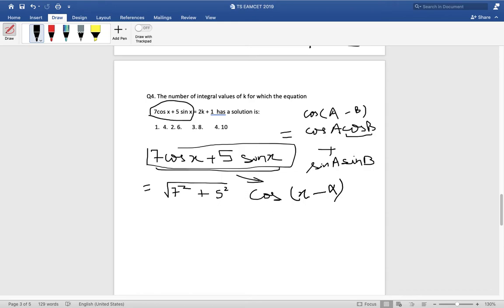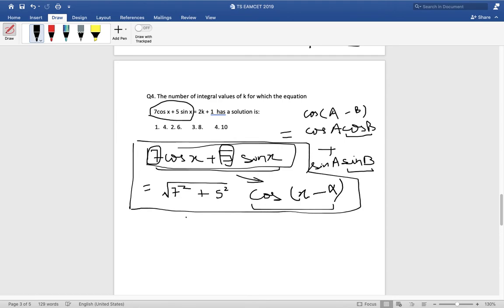So what I have done here is cos b and sin b. I have taken the numbers 7 and 5 in such a way that this will become 7 by square root of 7 square plus 5 square, and this will become 5 by square root of 7 square plus 5 square. So this will become cos b and this will become sin b, and I will be able to write it in this form. We don't need to find the value of alpha, and this is how a general expression can be written in a trigonometric form. It's very easy, you just have to refer to your book, you will find it.